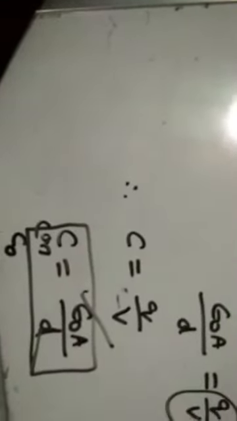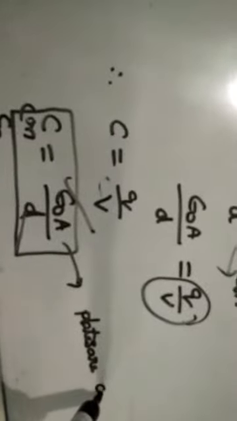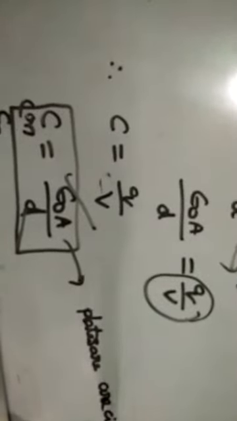Some people will write C. Here epsilon naught is there, so we will use the symbol C naught also. C or C naught, this is the formula of capacitance of a parallel plate capacitor. Suppose the plates are circular, not parallel plates. Then capacitance C is equal to epsilon naught A by D.